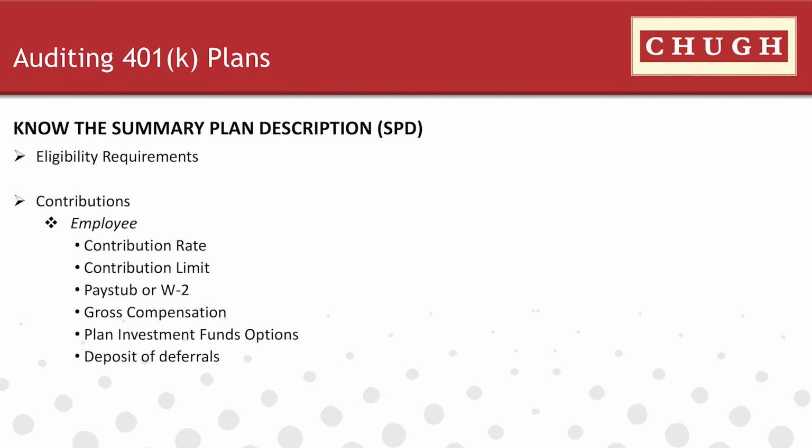So now that the employees have contributed to the 401k plan, the employer has to deposit those contributions to the plan trust account. And DOL, or Department of Labor, rules require that the employer must deposit the salary deferrals, or your 401k contribution, to the trust account as soon as they can, but not later than 15 business days after the contributions were made. And there is a safe harbor of 7 business days for plans with fewer than 100